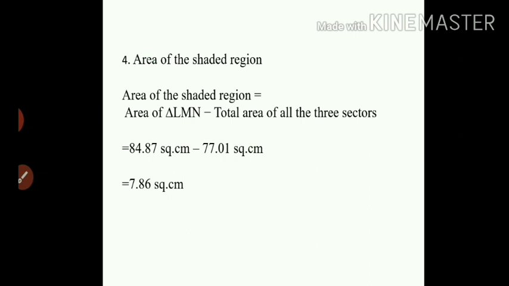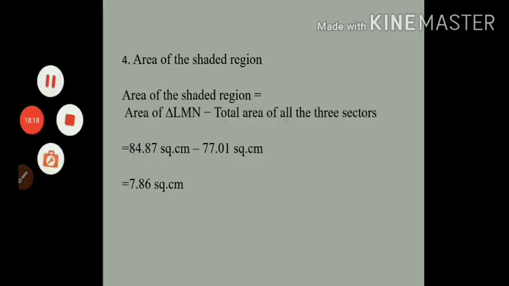First you have to remember that the given triangle is an equilateral triangle, so all sides will be congruent to each other, and every angle will be 60 degree. Then you first use the formula for the equilateral triangle area to get that answer. From that you subtract the area of all three sectors, so you will get the area of the shaded region. For finding the area of a sector we know the formula is theta upon 360 into pi r square. For that, r is already given in the question, and theta is also given, 60 degree.